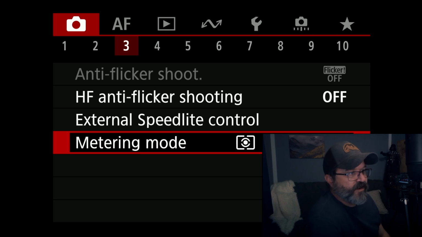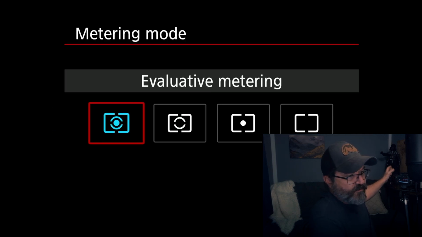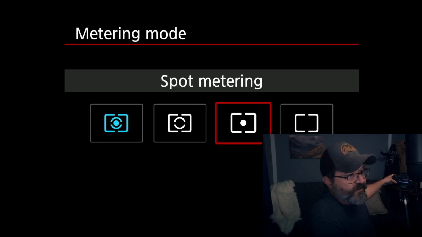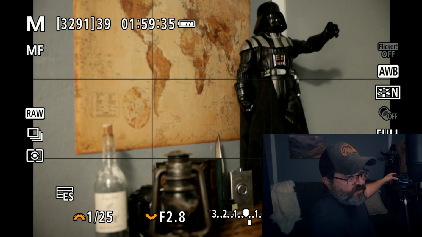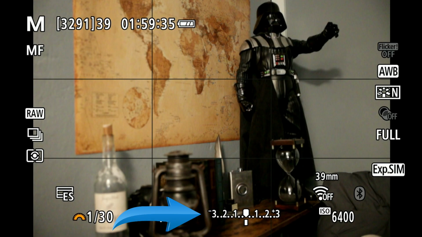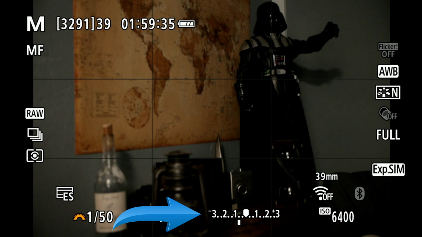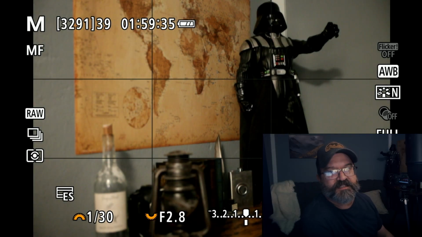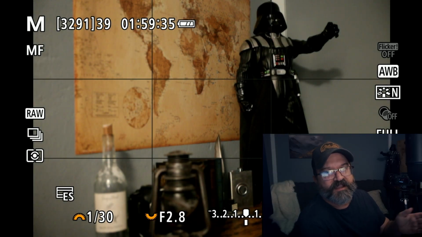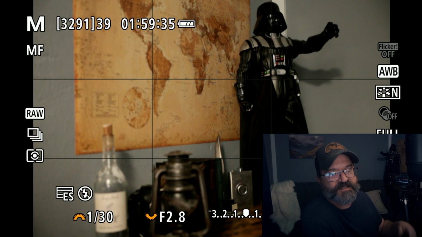On the Canon R8, this is the third tab. At the bottom here, metering mode, you can see we've got evaluative, partial metering, spot metering, and center weighted average. And what that's going to do, you see that little bar moving around down there? It's taking the readings to let you know whether your camera is over or underexposed based on the mode you